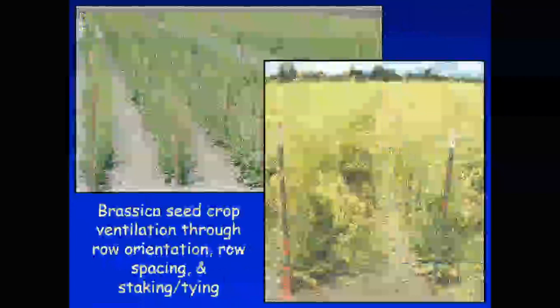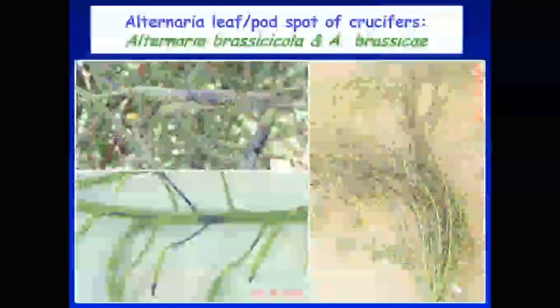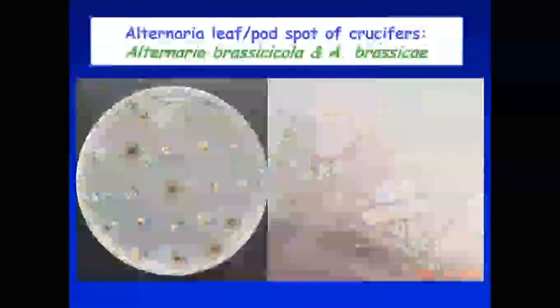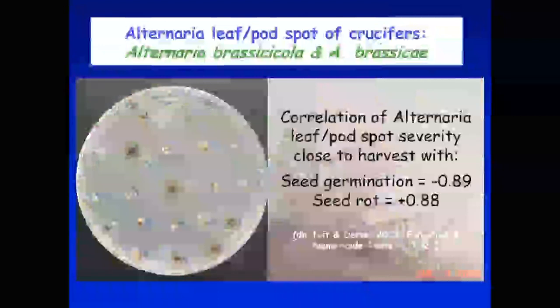So I think it was a great illustration for me and for the growers. And this is the disease that we're working with, Alternaria brassicicola and Alternaria brassicae, both of which can be seed-borne. You can see here the disease in the seed crop and what it does to the pods. It's very readily seed-borne and has a very strong association with seed quality. So if you have infected seed, germination will go down. And we saw this: there was a correlation between the amount of Alternaria on the seed and seed germination, a negative correlation of 0.89. You couldn't get much stronger than that.